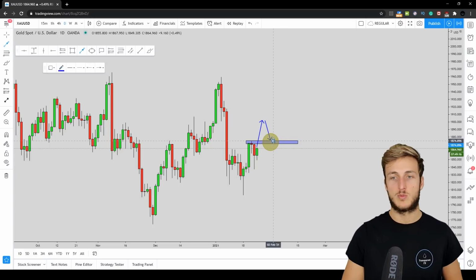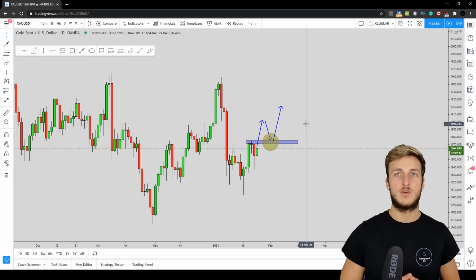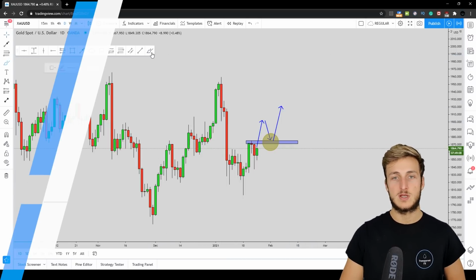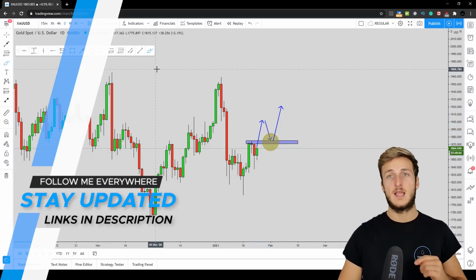And as soon as the market will provide to us one of our valid entries, we will be taking a nice long with a very good risk to reward and very good probabilities at that point for the move to the upside and for the market to complete this impulse correction and impulse pattern to the upside and create a